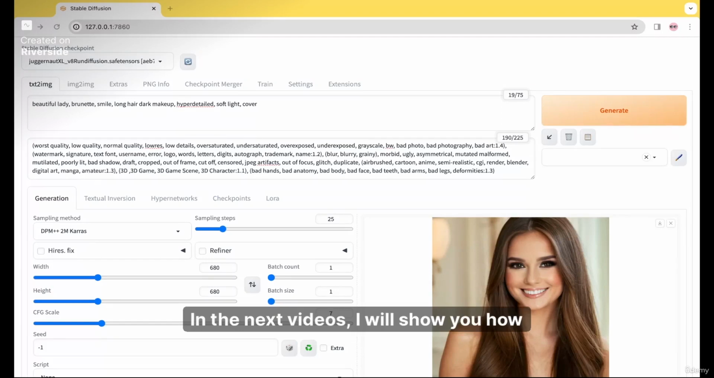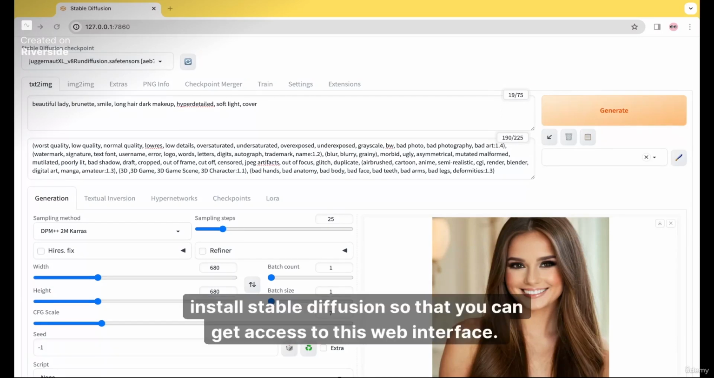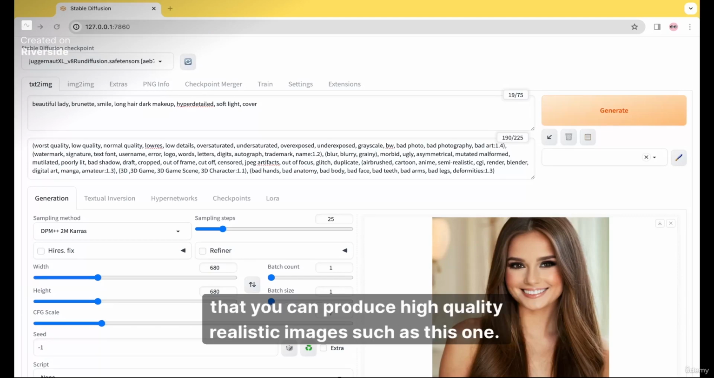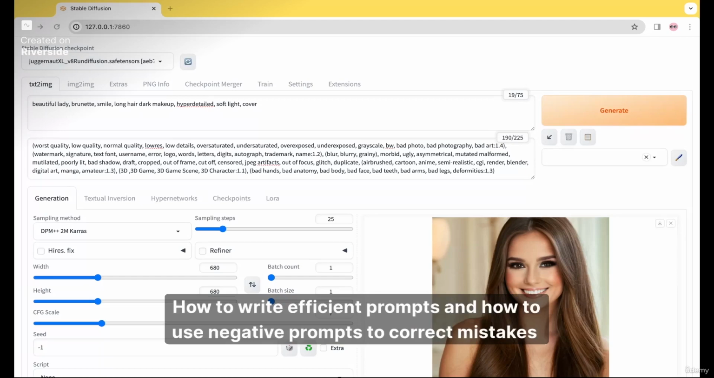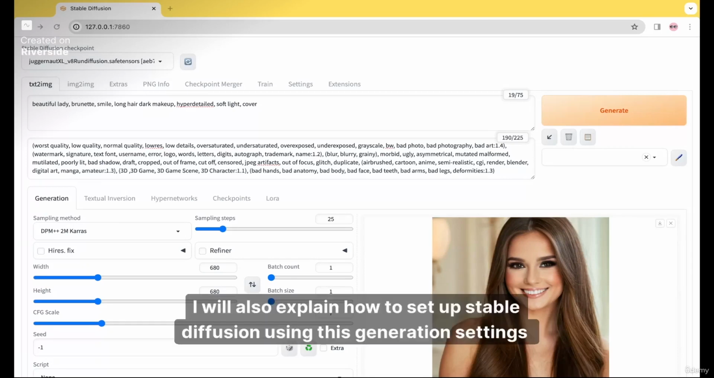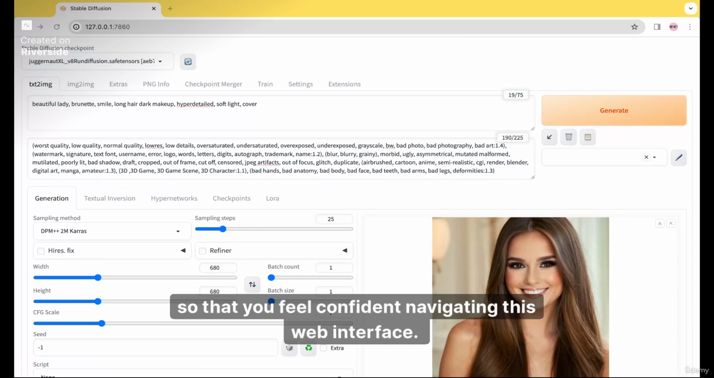In the next videos, I will show you how to install Stable Diffusion so that you can get access to this web interface. I will show you how to add different models for free to Stable Diffusion so that you can produce high-quality, realistic images, such as this one. How to write efficient prompts and how to use negative prompts to correct mistakes in images. I will also explain how to set up Stable Diffusion using these generation settings so that you feel confident navigating